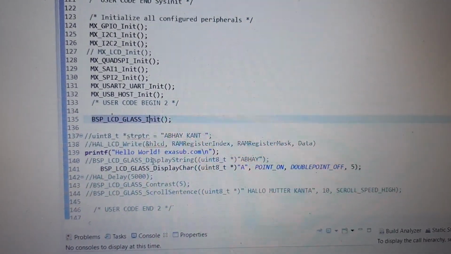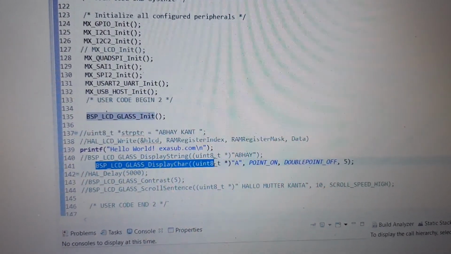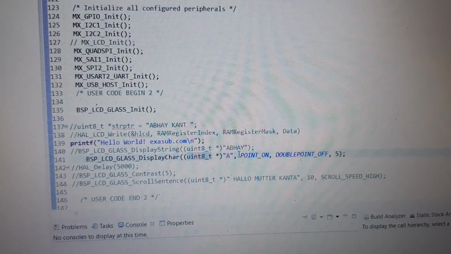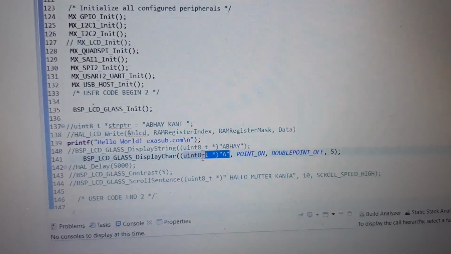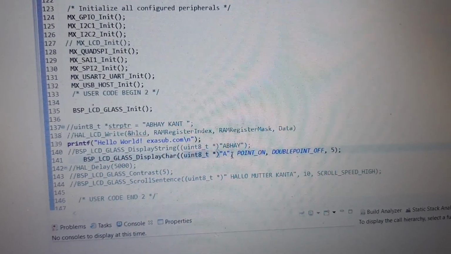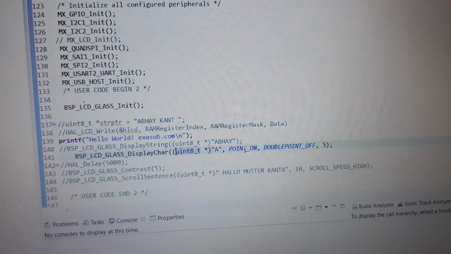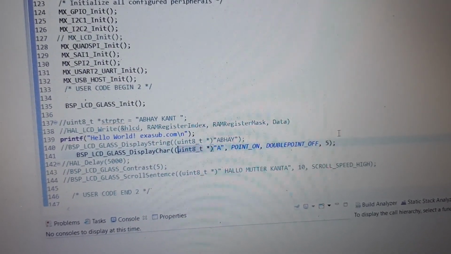After this you can run commands like BSP glass display. The first function is the message. You need to pass the message, and then if you are using the point after it, you can use this.